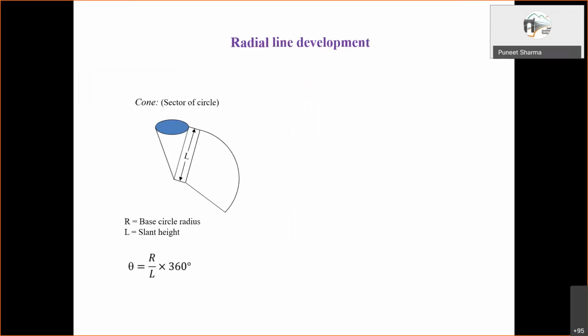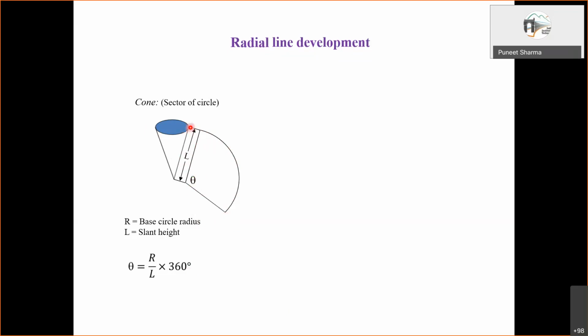Now for this, how much will this theta be? That actually is decided based on the slant height, how much the slant height is, and how much the circumference of the base circle is. So based on that, we get to know how much angle this overall arc will span. To obtain this, see now, the arc length for this part of the circumference will be equal to theta into L, right?